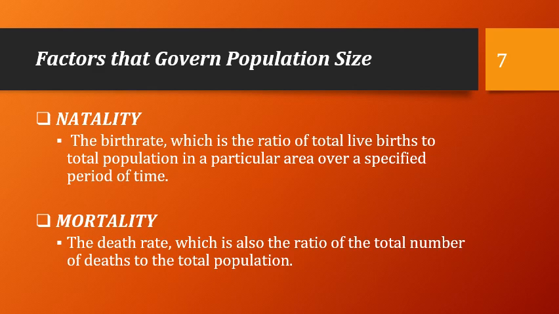So we also have mortality. When we say mortality, it refers to the death rate, which quantifies the number of deaths within a defined population over a given time frame. So it's usually expressed as a ratio of the total number of deaths to the total population. So mortality rates provide insight in the number of individuals leaving the population due to death. So both natality and mortality are crucial factors in the population dynamics and demographics of the population.